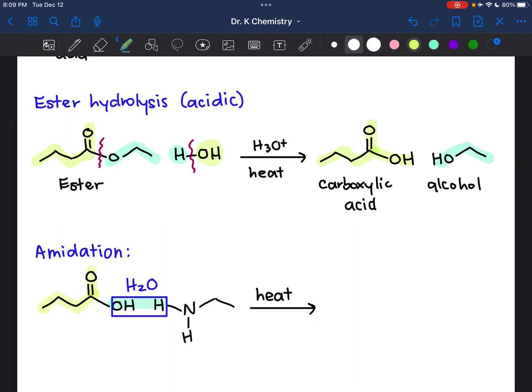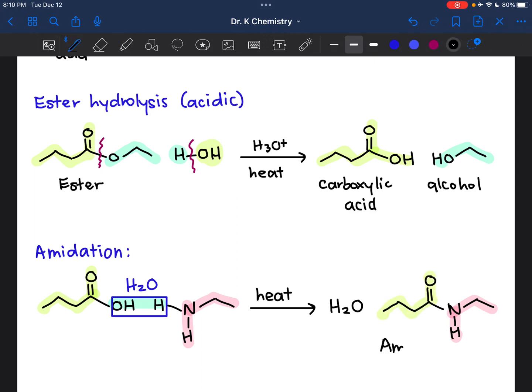And much like we did with esterification, we're going to connect the rest of that structure to the nitrogen. So we're going to fuse those together. So here is a water molecule I produced as a byproduct. And then I will combine the rest of these structures. And there is our amide. So notice we reacted an amine and a carboxylic acid in a very similar way to what we did to